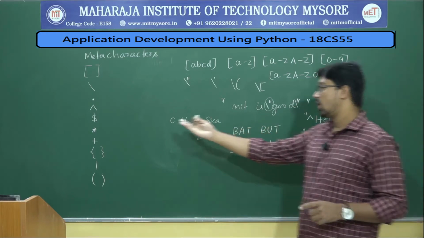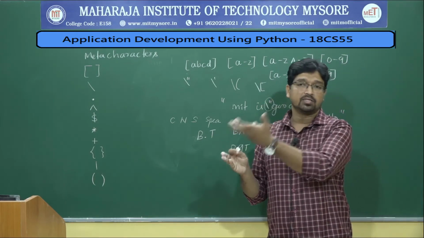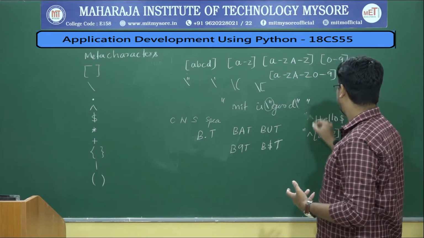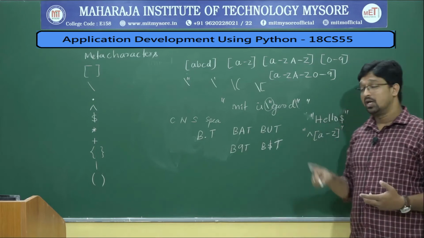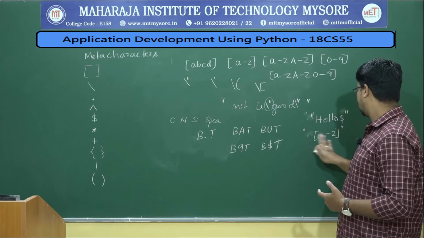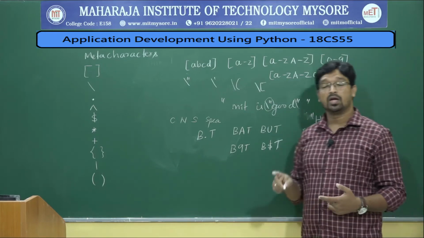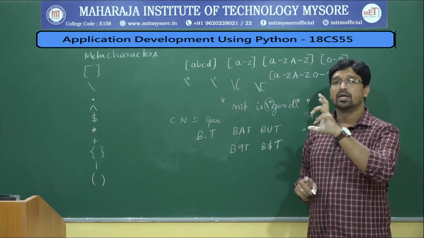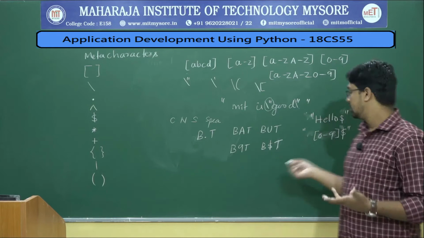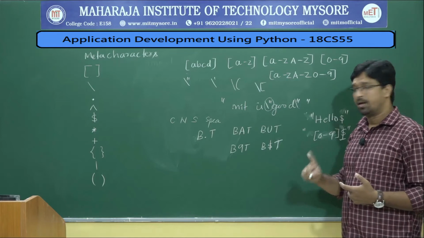The same way we have dollar. Dollar indicates whether the string is ending with a particular substring. Let us say if you write hello followed by dollar at the end, it will check whether the string is ending with hello. In the same way, if you write 0-9 followed by dollar, then it will check whether the particular string is ending with numbers, either single digit or double digit, any numbers. Then it is true. So this is to check whether the string is ending with numbers.